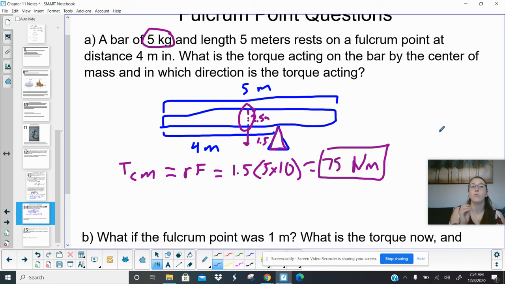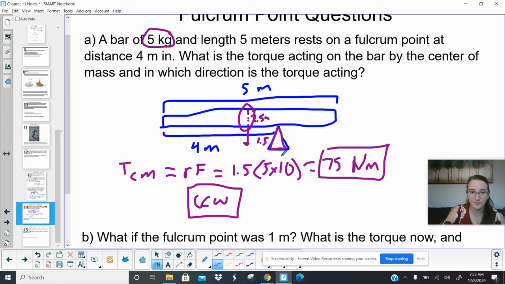Now I want you to make a note of which direction the torque is acting. Notice it's pulling down. Now I'm not saying the direction of the torque vector. I know this is confusing, but because we talked about that yesterday with the right hand rule, they would say the direction of the torque vector if that were the case. But it's pulling down this way. Think about if this thing kept spinning in that direction. Obviously, it's going to go and then stop. But if it kept spinning in that direction, is that clockwise or counterclockwise? That is counterclockwise, pulling down this way. If I were to follow that into a circle, this is counterclockwise. So they write that as CCW,